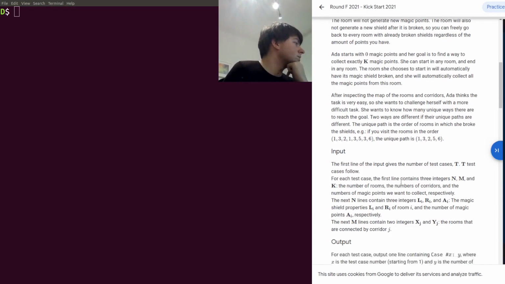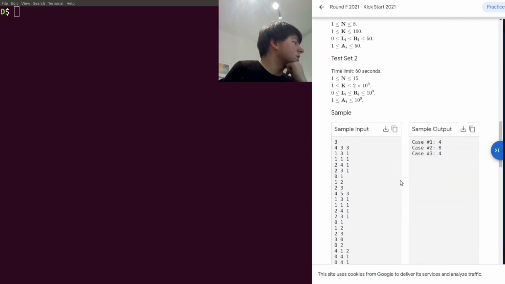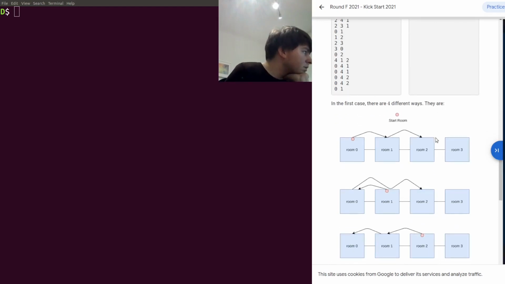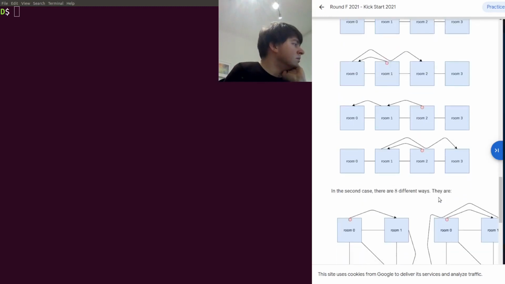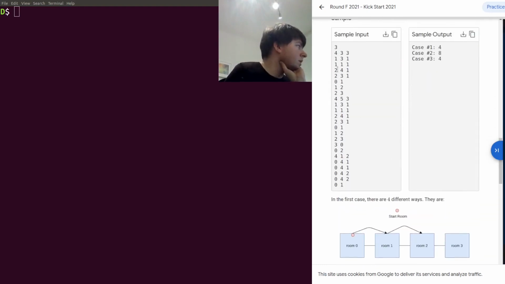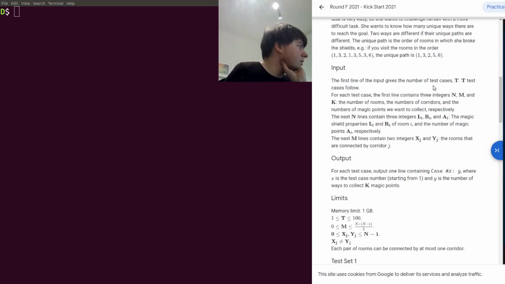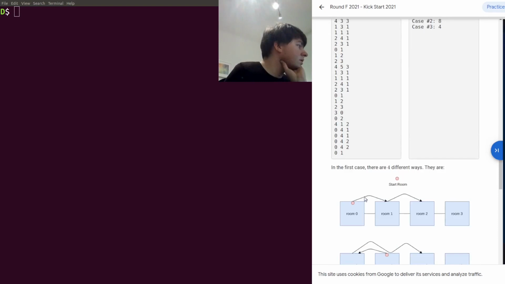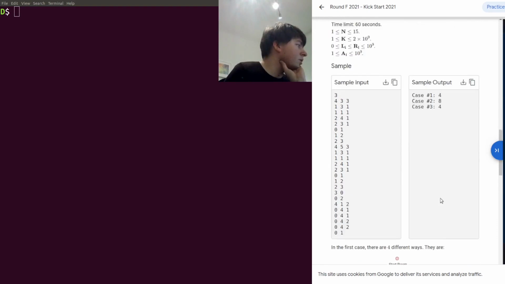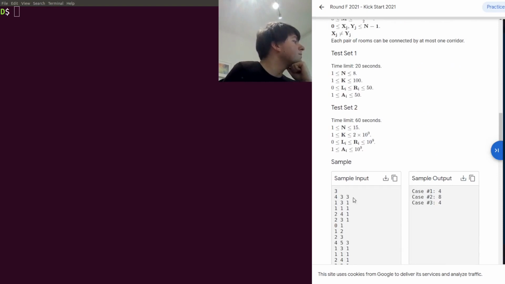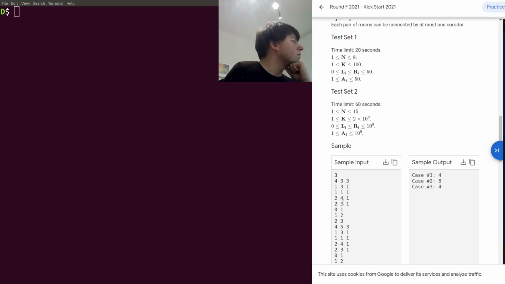Interesting. Let's have a look at this test case first. In the first test case, there are 4 different ways. Why don't I write the magic point numbers here? So test case 1, the first line is 4, 3, 3. Yep, right. 4 rooms, 3 corridors, and k is probably the number of points she wants to have in the end, 3. And then we have the 4 rooms